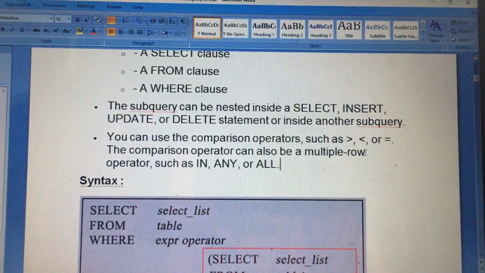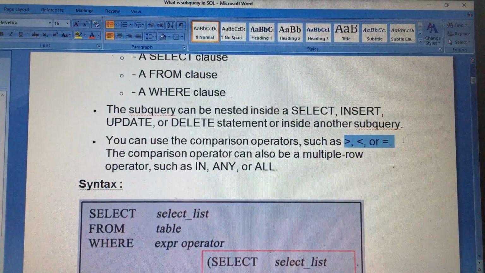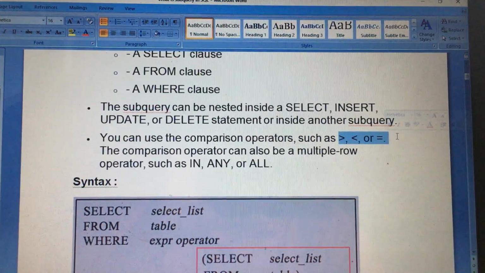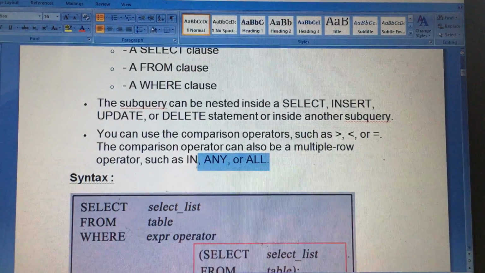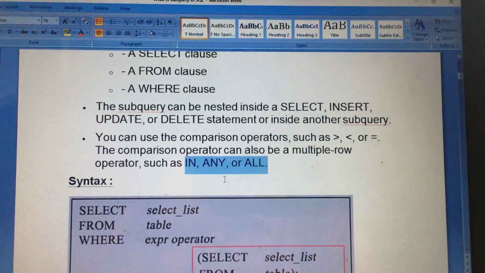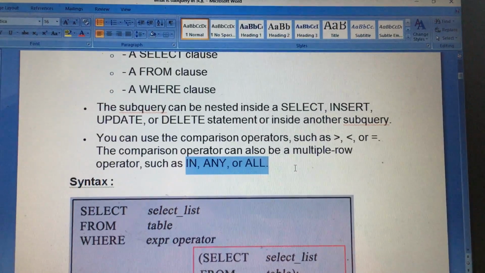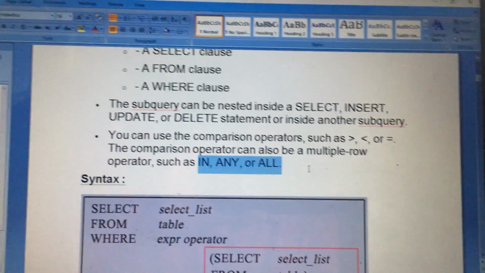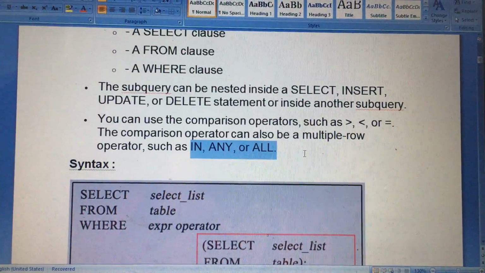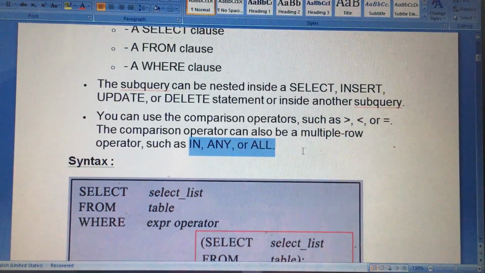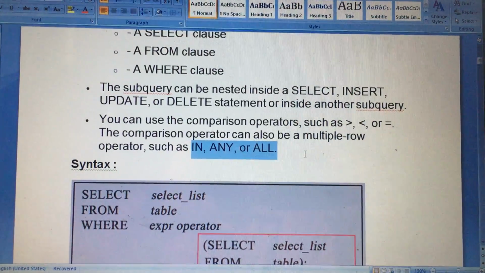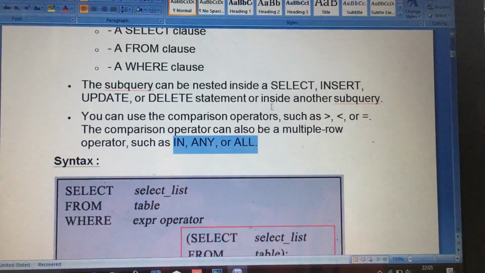For single row subqueries we use less than, greater than or equal to operators, and for multiple row subqueries we use in, any and all operators. The basic difference is that single row subqueries return a single row and multiple row subqueries return multiple rows.